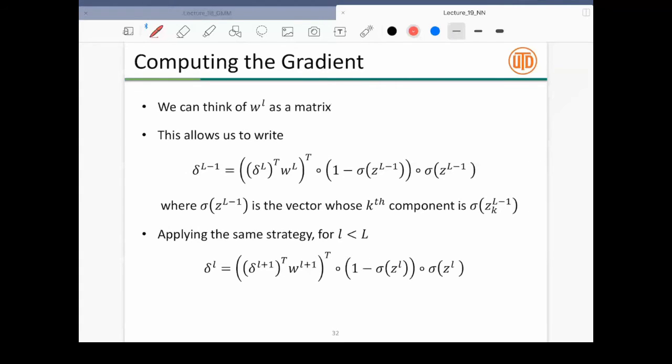Okay, so essentially, thinking of W^L as this matrix, this is how it is implemented today in a lot of the deep learning libraries. That's the reason why this is so efficient on a GPU, because you can very easily write this as simple matrix multiplications and element-wise multiplications, right? So you can write